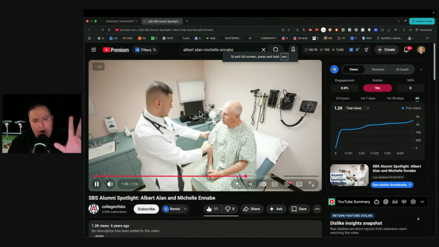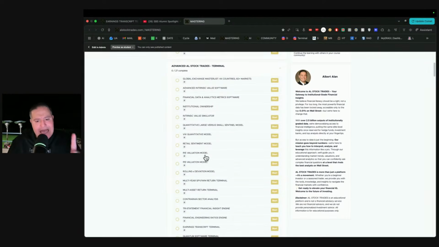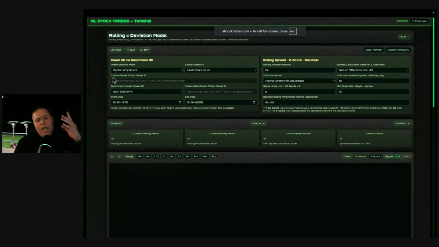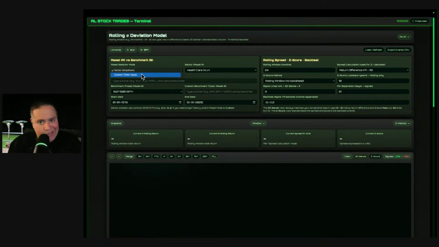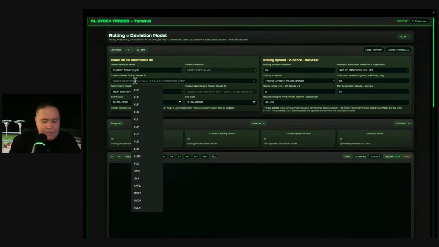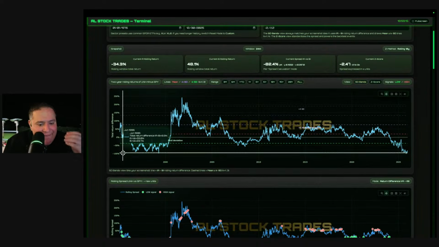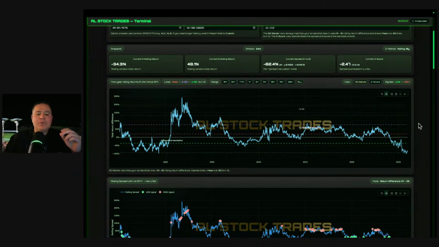You have these types of folks complaining about the stock price, when if you were to look at the standard deviation model, where is it? Where's the standard deviation model? Rolling deviation model here, right? And if we were to go ahead and look, this is a different terminal. This is the quantitative text earnings call analysis. If you put a custom ticker and type in United Healthcare, look at this. This is United Healthcare from 1995 to now. These are standard deviations. This allows you to normalize it and relate it to the S&P 500.